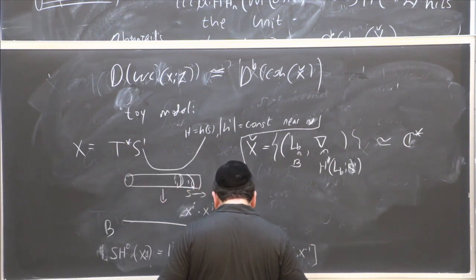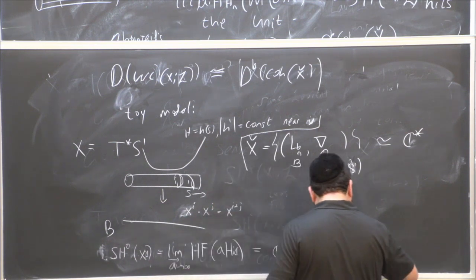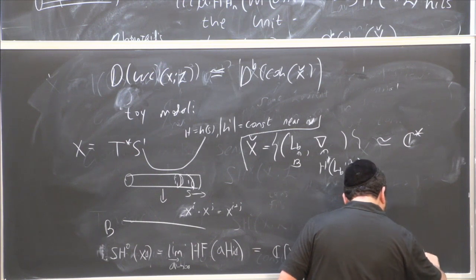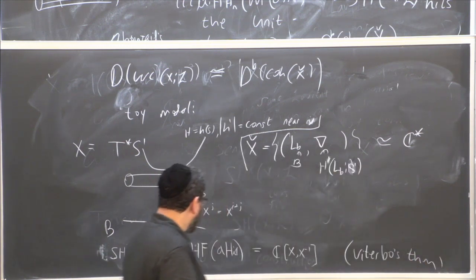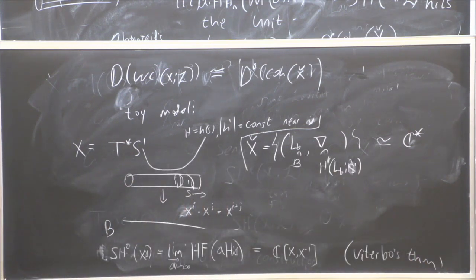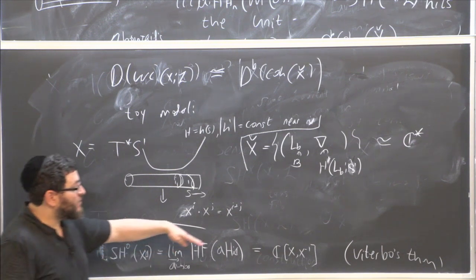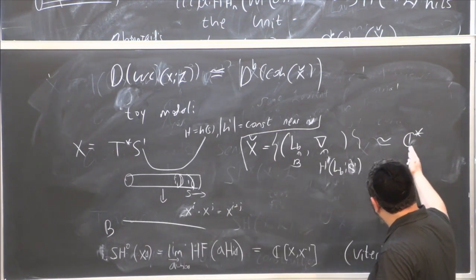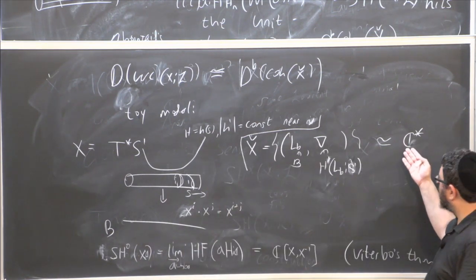I think this follows from Viterbo's theorem. Okay, so we get the algebra of Laurent polynomials, and we see that it is indeed the algebra of functions on